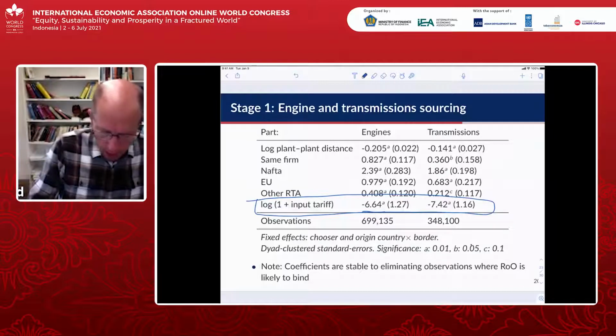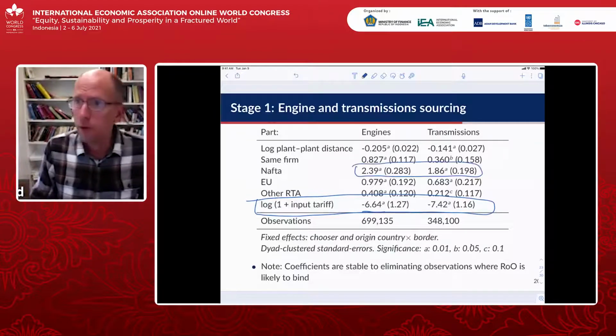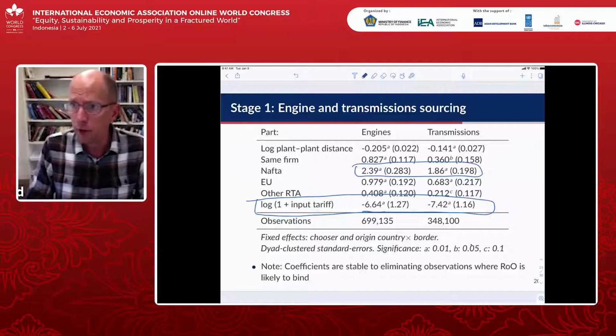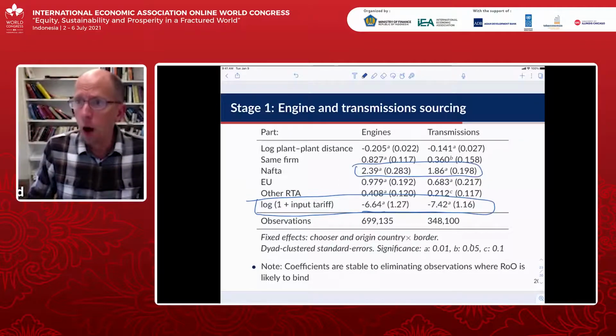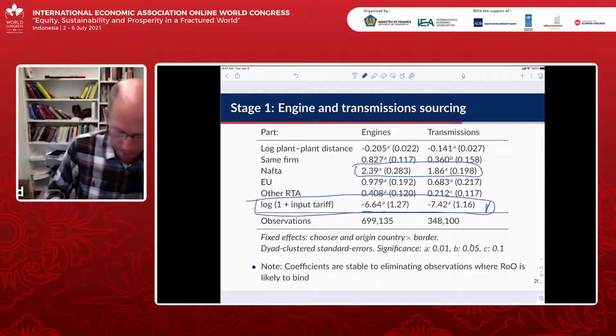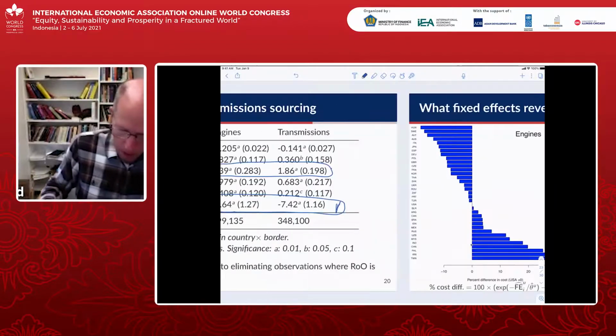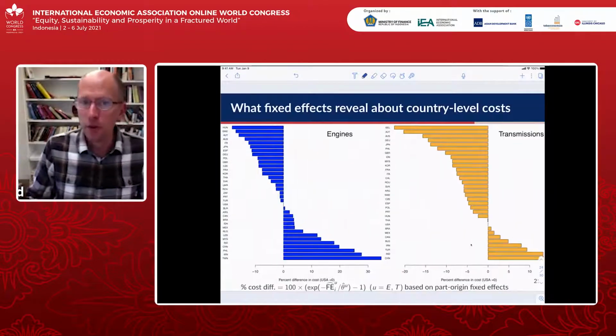We also find huge effects of the NAFTA agreement, which perhaps suggest that the rules of origin are generating very big effects because we've already controlled for the tariff issues. So these have to be the non-tariff effects of NAFTA. All right, we can use this methodology to go back and figure out where are the cheapest places to make